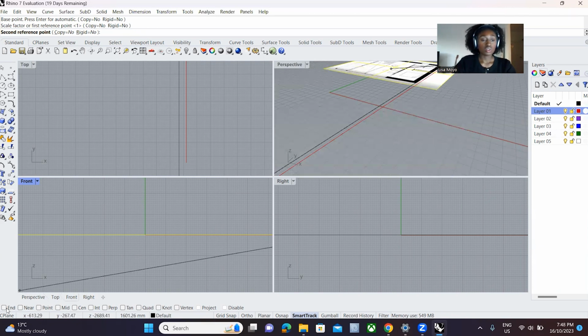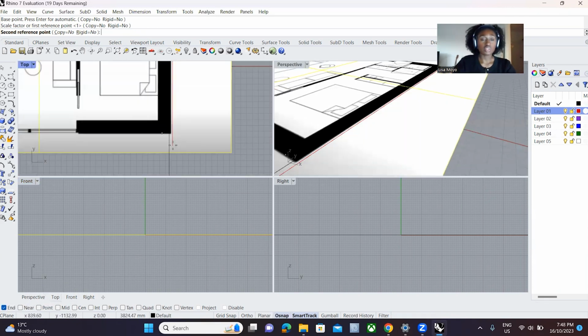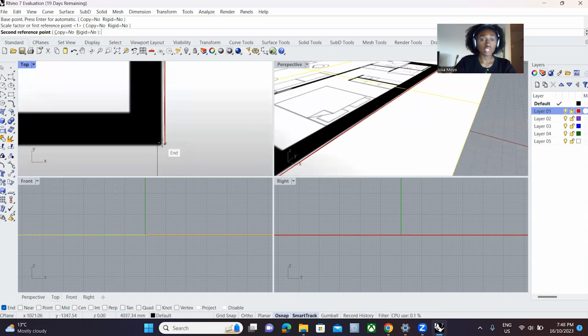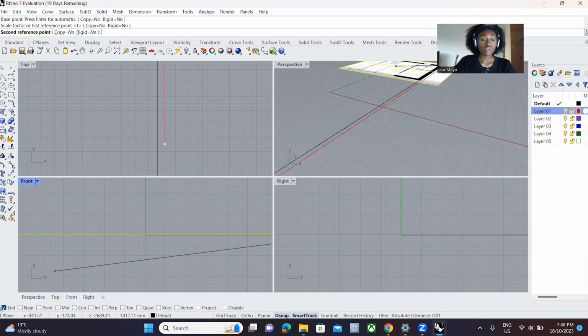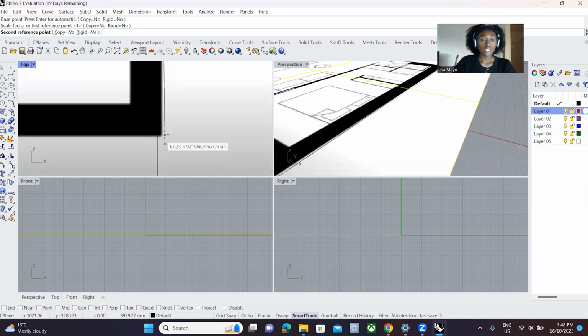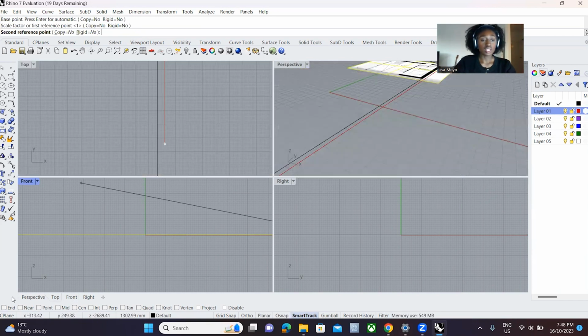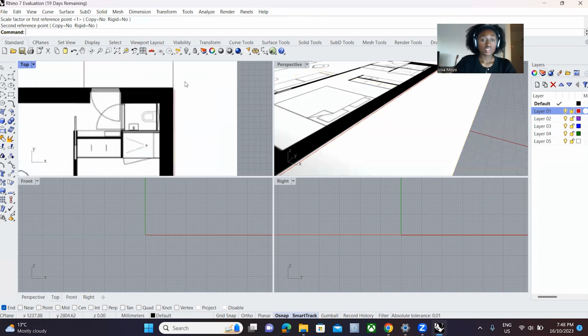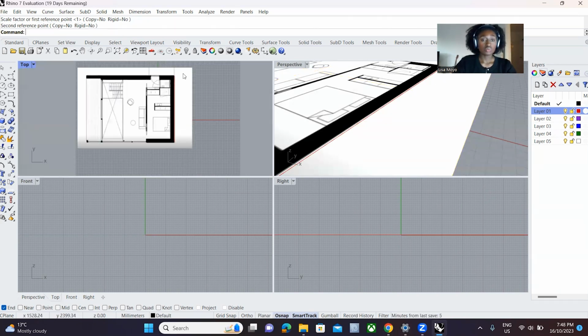Now, this is when you probably want some of your snaps on, because if I click on end, it's going to allow me to connect onto that snap. If I don't have the snap on, it's going to be a little bit harder, but because that snap's already highlighted, it's going to pick it regardless. So I'm going to press that, right click that, enter. And so now this wall here